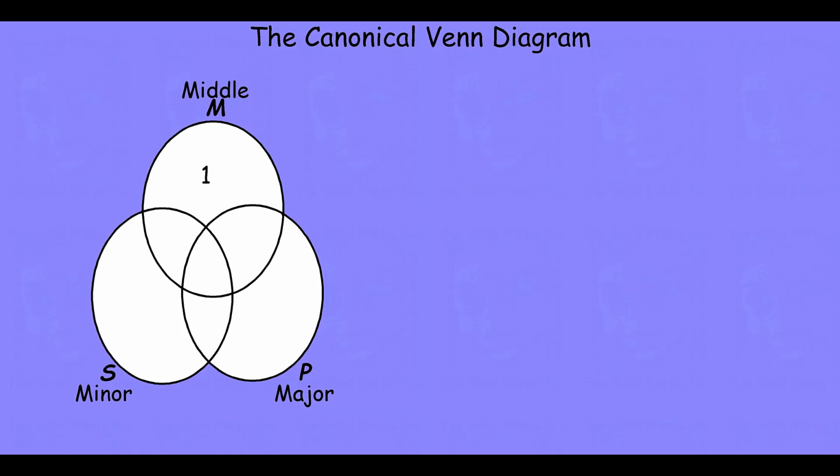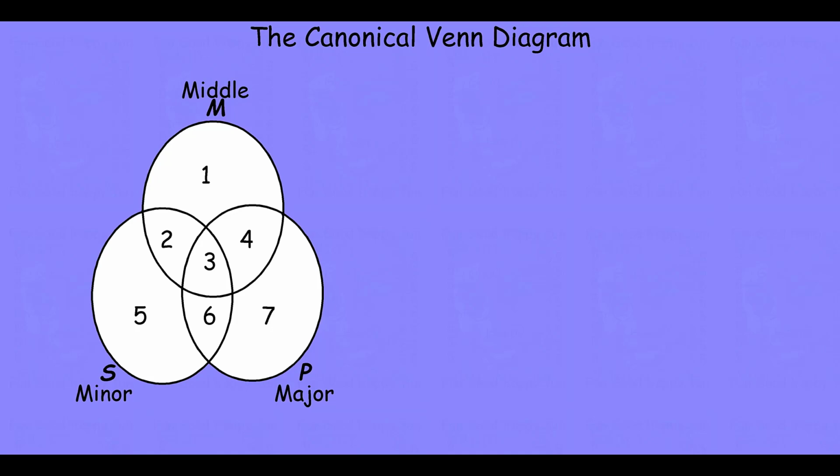So the middle term by itself is area 1. The intersection of the minor and middle terms that excludes the major term, that's area 2. The area in the circle that includes all 3 terms, that's area 3. The area that has the middle and major terms but excludes the minor term is area 4. Area 5 is the minor and only minor area. Area 6 is the minor and major area that excludes the middle term, and